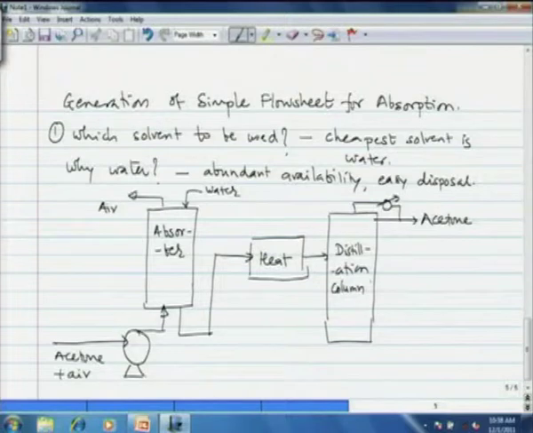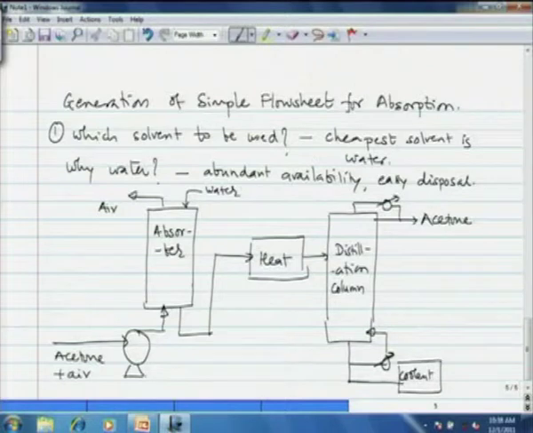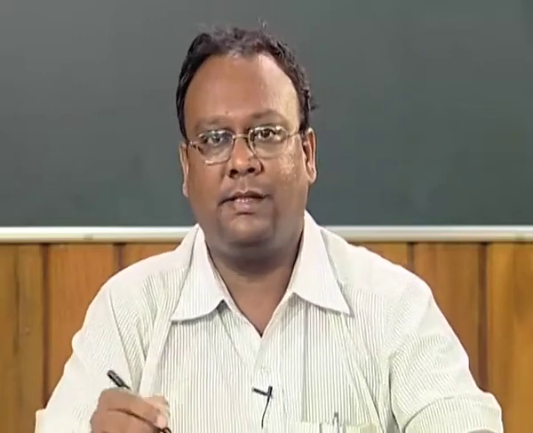and the water, after giving the reboil, vapor reboil, is sent to a coolant and then to effluent treatment unit or effluent treatment plant, ETP, okay. And the stream from ETP is disposed in a sewer. So, this is a simple flow sheet that we can draw for a gas absorption system coupled with recovery of acetone. That is another thing, distillation column is for the recovery of pure acetone.